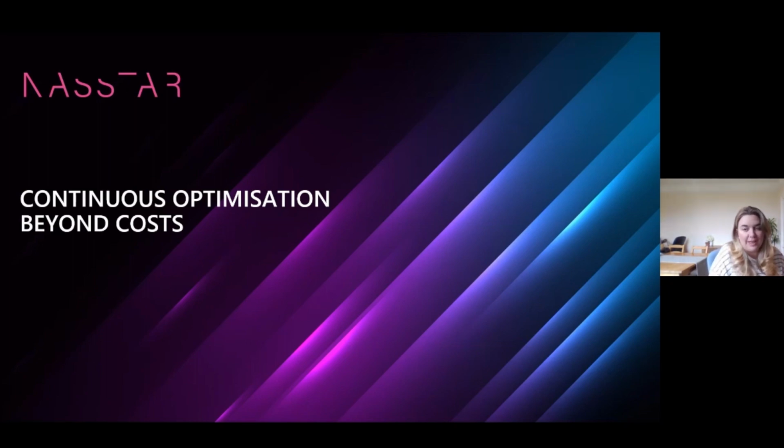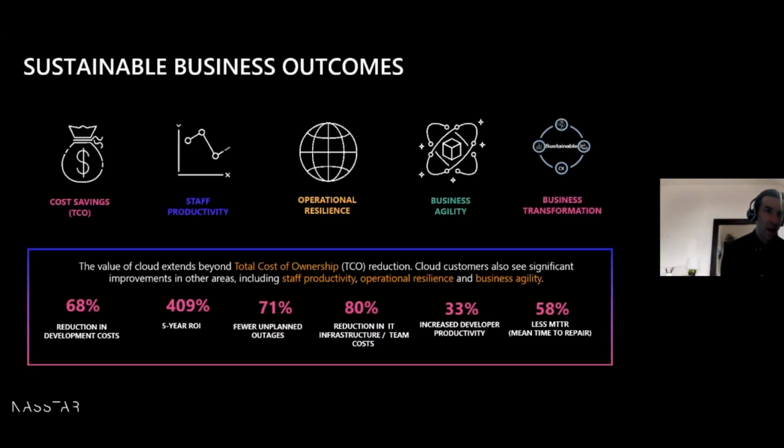How far-reaching is that? Yeah, of course. So optimization in the industry seems to have a focus of cost, but ultimately the hyperscalers are now looking at sustainability as well, and they're introducing things like carbon footprint calculators into migration tools and all the rest of it. So sustainability now is, from a NASSTAR point of view, about business sustainability, which is cost, it's carbon, it's customer experience, it's performance, it's agility. So it's all of these things.